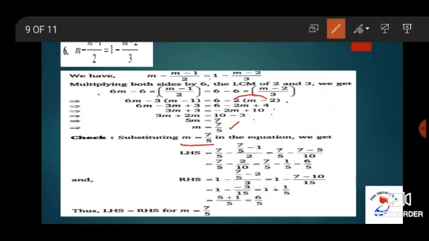Let us check our result. On the left hand side, this will be 7 by 5 minus (7 by 5 minus 1) by 2. That is equal to 7 by 5 minus (7 minus 5) by 10. That is 7 by 5 minus 2 by 10. That is equal to 7 by 5 minus 1 by 5. That is nothing but 6 by 5. So when I substitute the value for m as 7 by 5, I get the result as 6 by 5 on the left hand side.